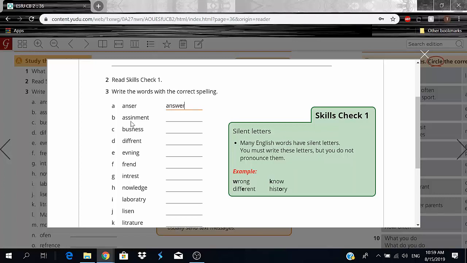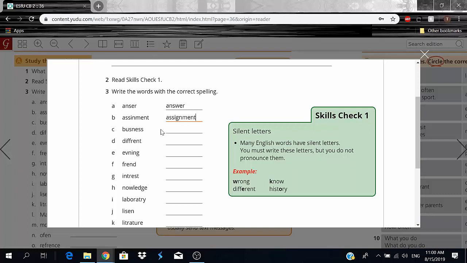Here we have an assignment. Actually, I don't know if you guys noticed, but this might be a new word for you guys, but assignment has a silent G. So I'm going to say assignment. Okay, this one's correct. And here's something that I'm going to give you, like a piece of advice, you guys. Try to write down new words so you can memorize it and memorize how it's written better. It helped me when I was studying in school, so it might help you as well.